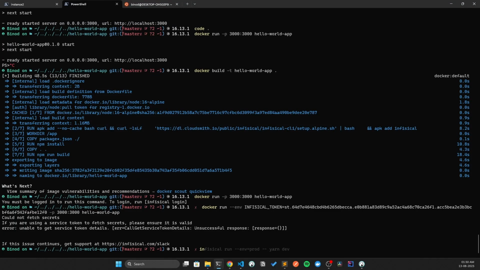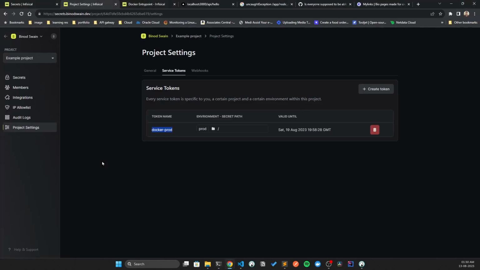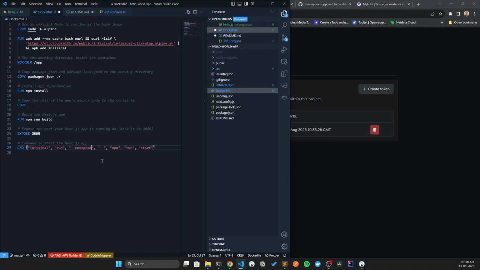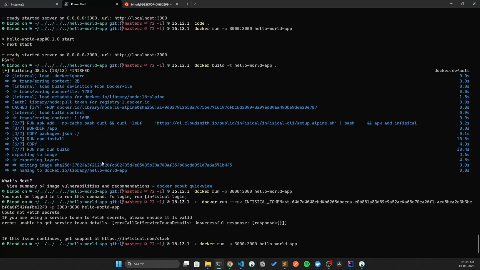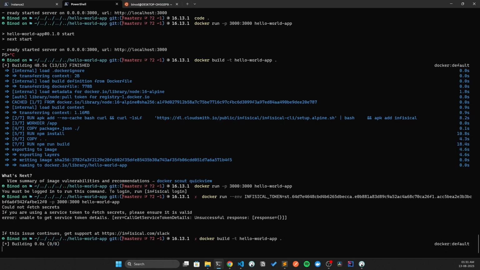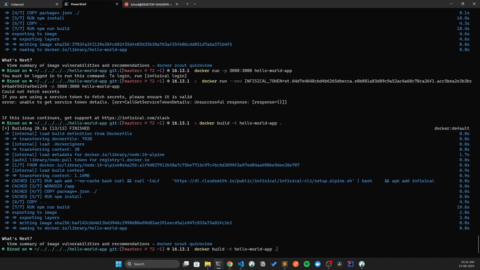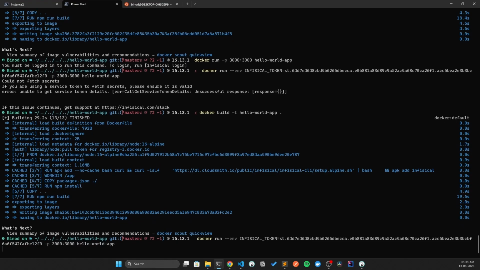Infisical run env prod and then dev. Similarly, we will be adding Infisical run prod, then start. Since I have made changes to the Dockerfile, I'll be building it again, and if I run it,